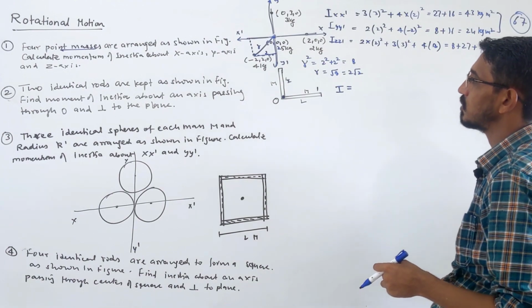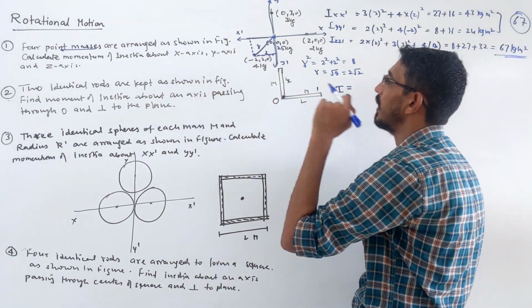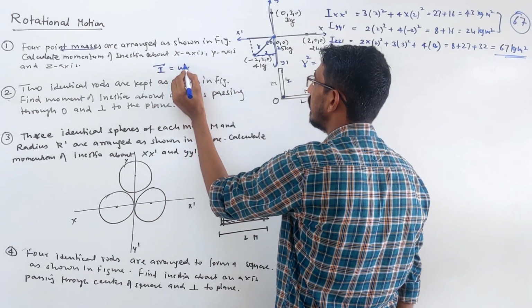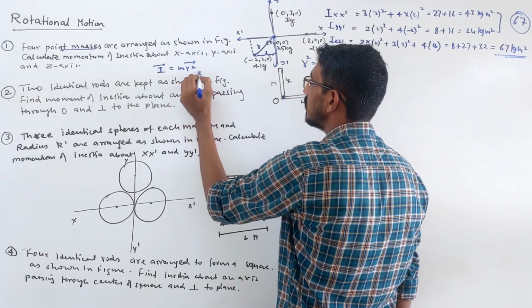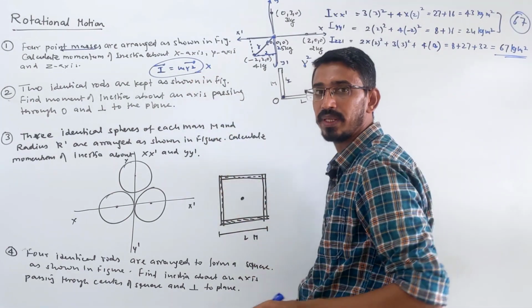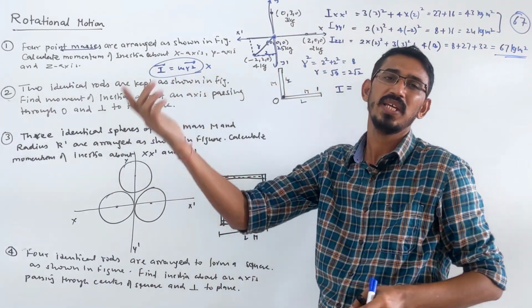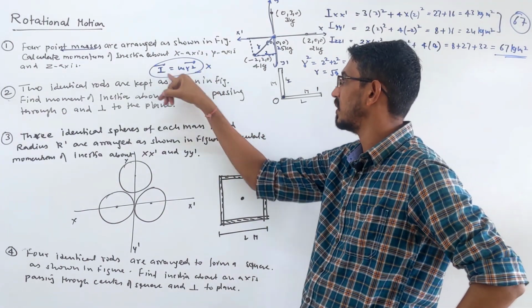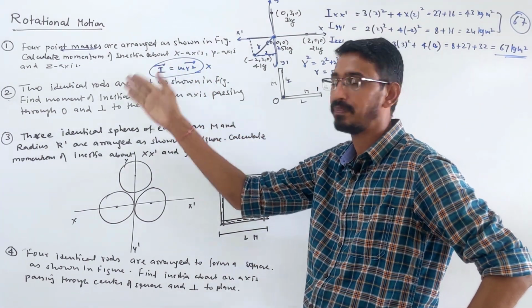I want to make a small correction. While writing the formula, I wrote that you can write it in vector form this way. I think I wrote that a little wrong. Inertia is a scalar. You don't write it in vector form. So please correct that. If you wrote this somewhere in vector form, please cross that out.